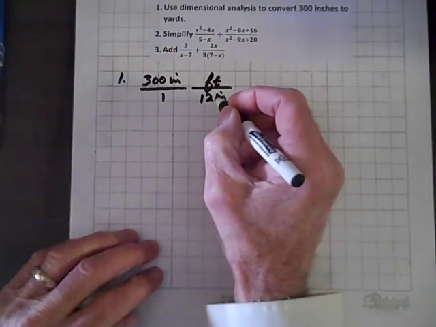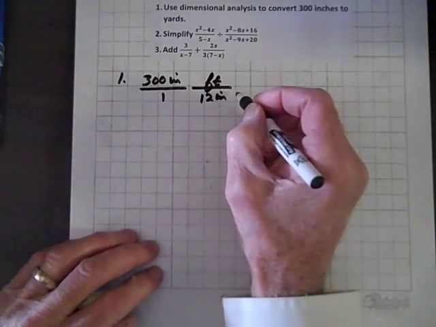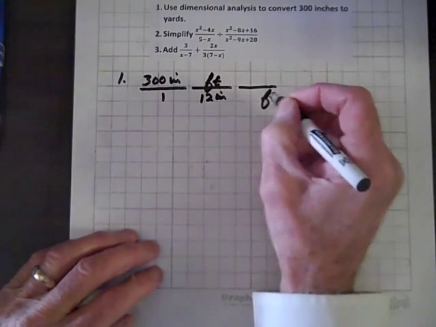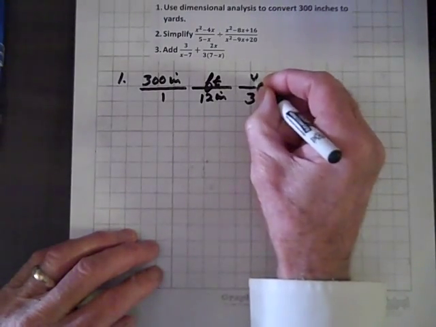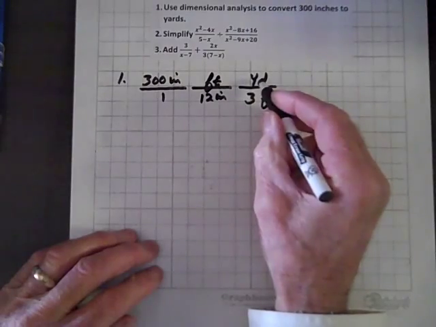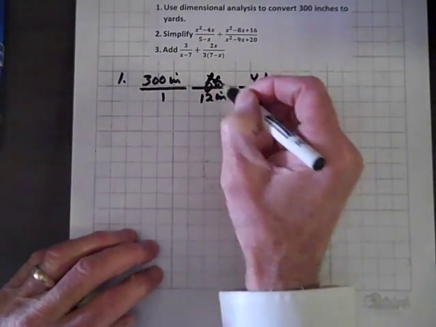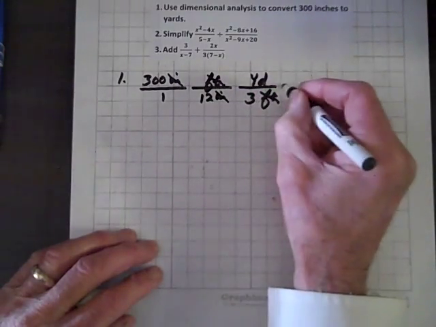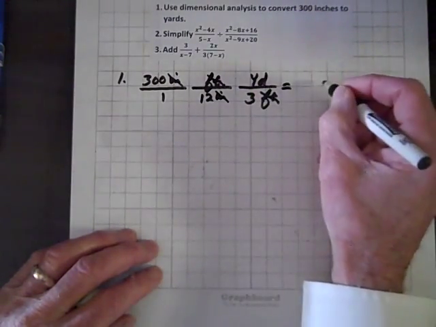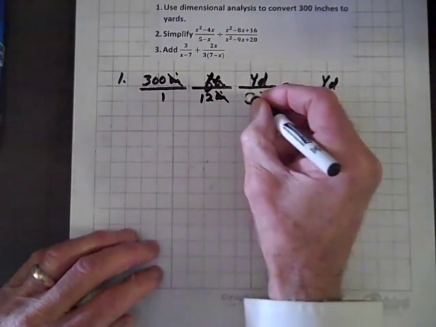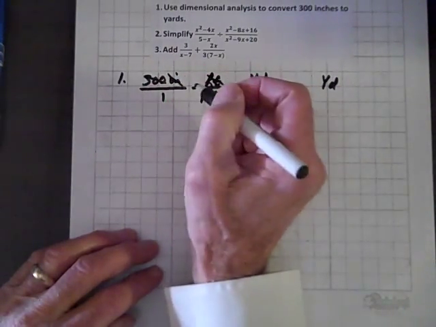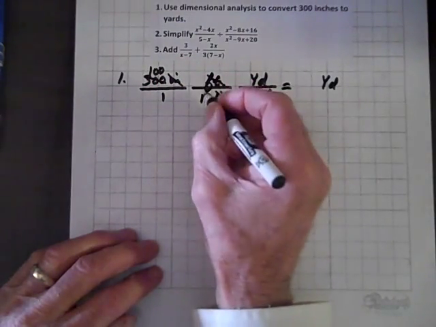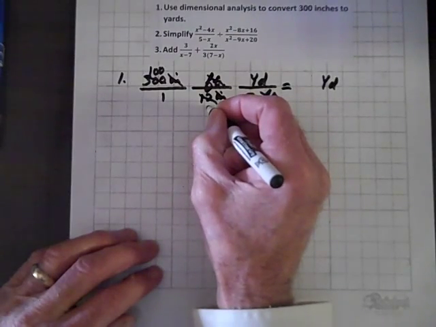This is a unit multiplier. And now we want the feet to divide out, so we'll put feet in the denominator, and there's 3 feet per yard, and now we have the units we want, yards. The feet will divide out, the inches divide out, and let's see. We're going to be left with yards, and 3 goes into 300 100 times, and 4 goes into 12 3